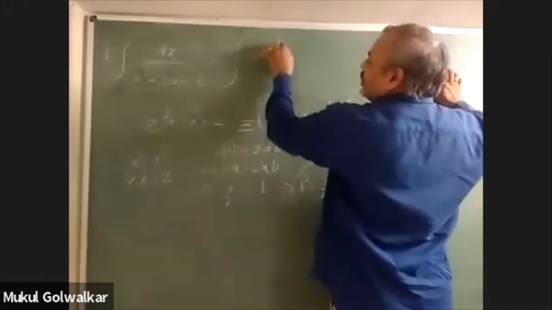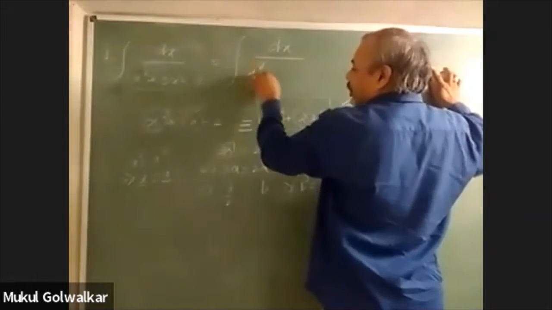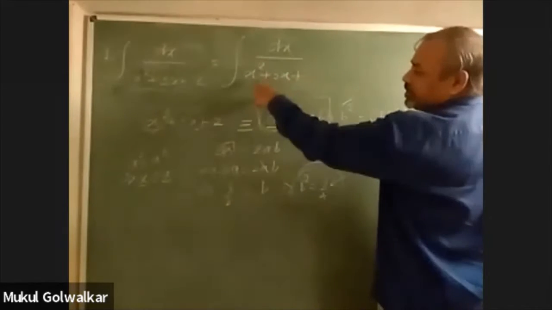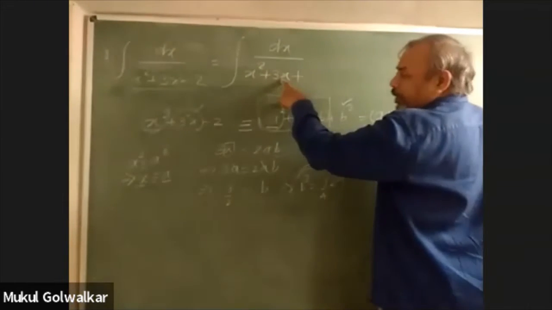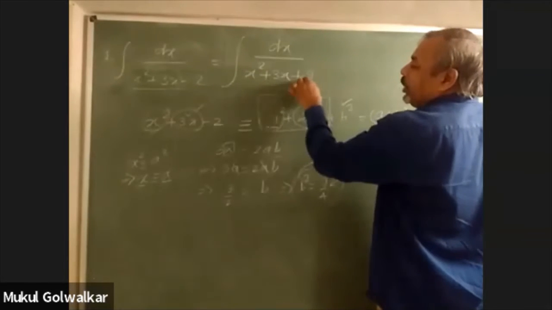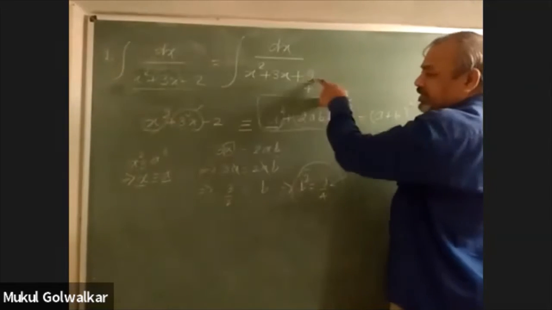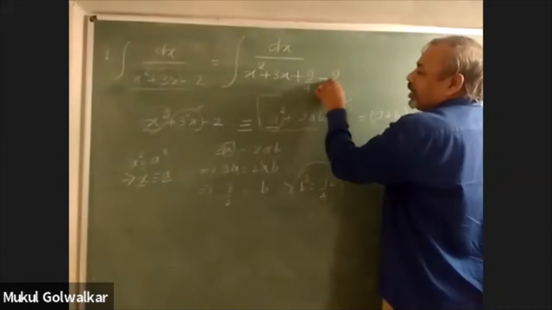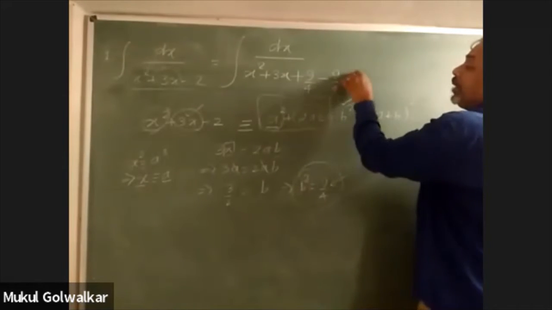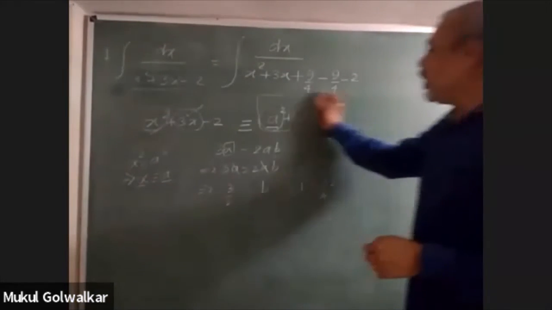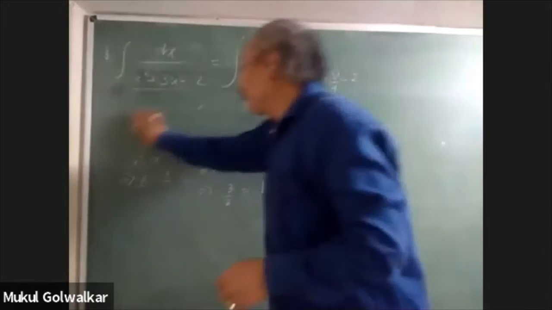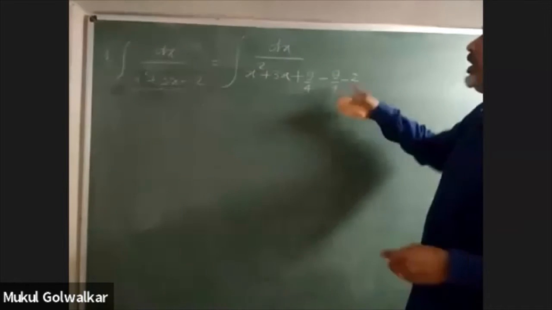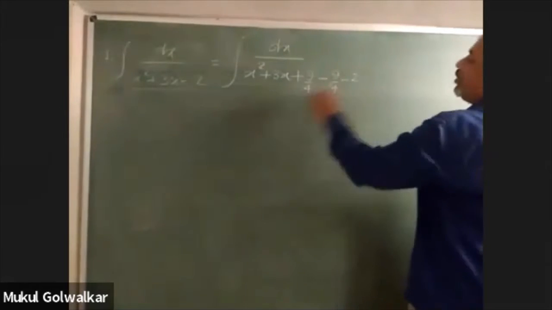The original question remains the integration of dx upon x square plus 3x plus, that means this is a square, this is 2ab, and along with that I am going to add the b square term. This term was not there in the question, so I am adding it from my side. If I add it from my side, I should subtract it for maintaining the balance. So addition of 9 by 4 and subtraction of 9 by 4 has been done.